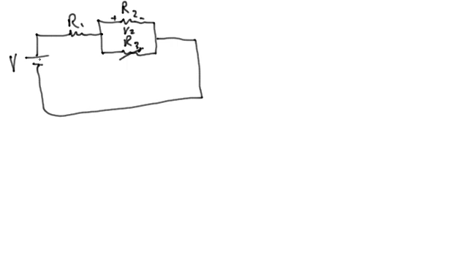Alright, so that's supposed to be an arrow through R3, which means that it's a variable resistor. And I'm going to use the method of ever simpler circuits. I'll call this picture 1, picture 2,